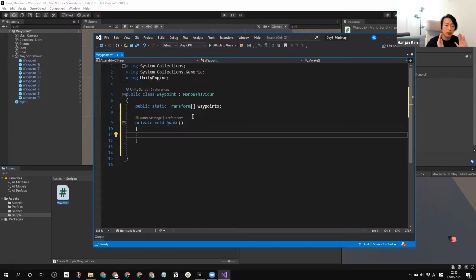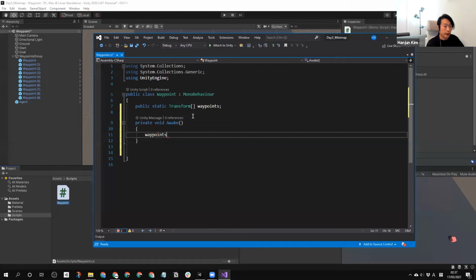It's very similar to Start. It's only going to play once at the beginning of the frame. However, the one thing different is that Start is going to do something right after the frame started, but Awake is going to run just before the frame started. So this is the highest priority script to read by the system. So we're going to do the Awake,